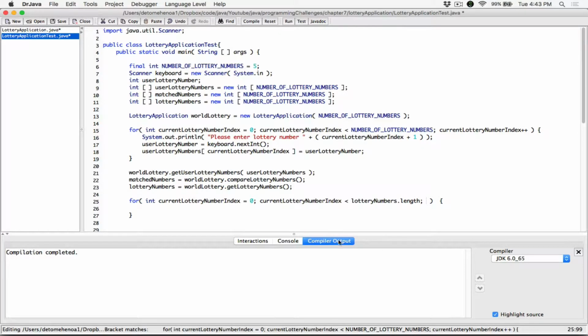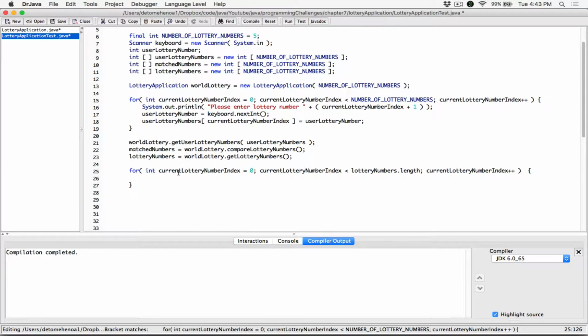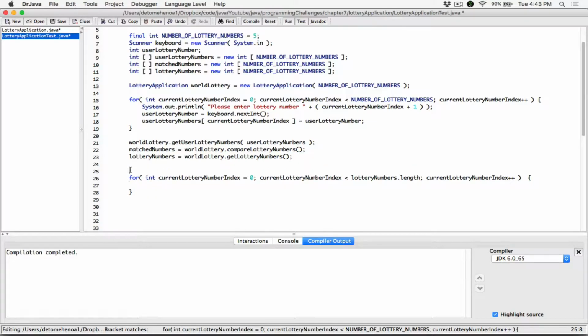We do what's in the loop before we come back up and check to see if this condition is true. Okay, we add 1 to current lottery number index, because this is the mechanism, just like the other ones, we're going to use to go through our lottery numbers array. So each time you want to display a message. So first of all, before the loop even starts, let's delete this and let's create a message here that says,